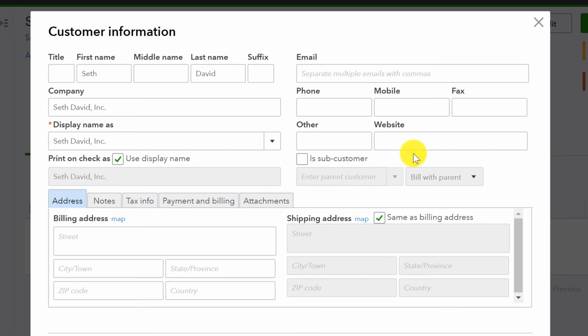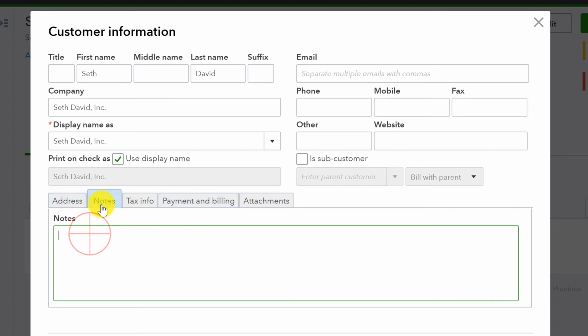The other thing I wanted to review down here is the tabs across the bottom. Again, this part's pretty straightforward. It's an address. We all know how that works. Notes, this is a great place to put billing instructions like bill $100 per month plus reimbursed expenses marked up 25%. The reason I say this, especially for this kind of use case, is when I save it,